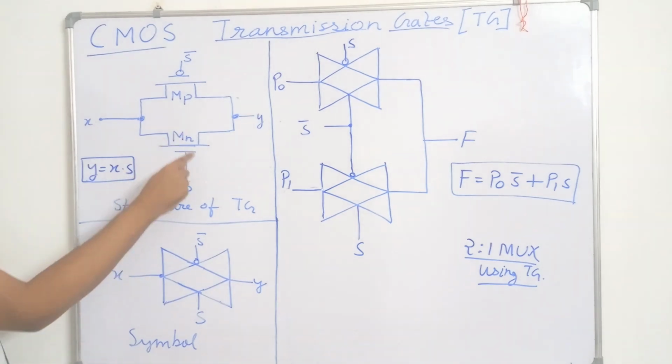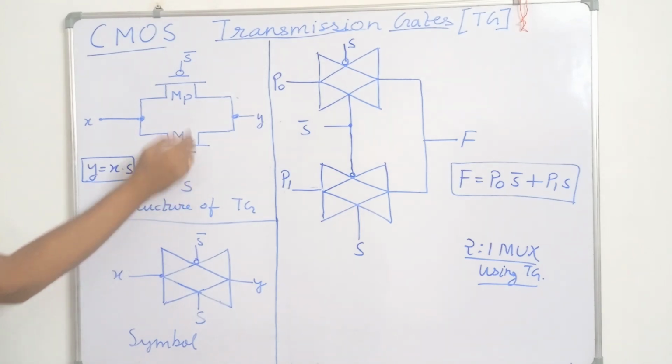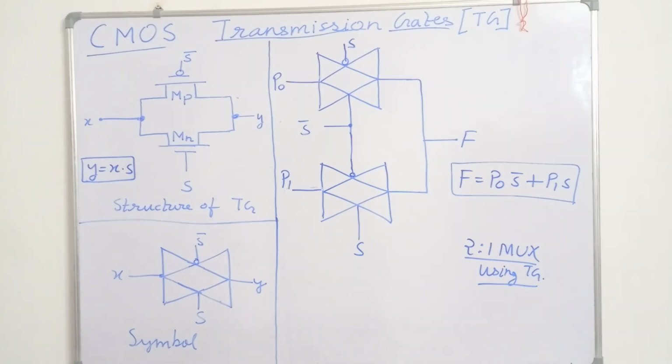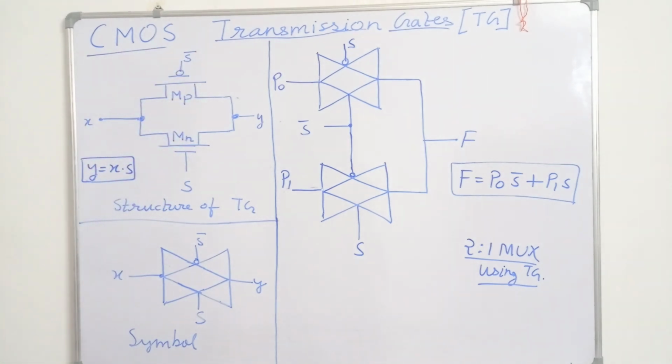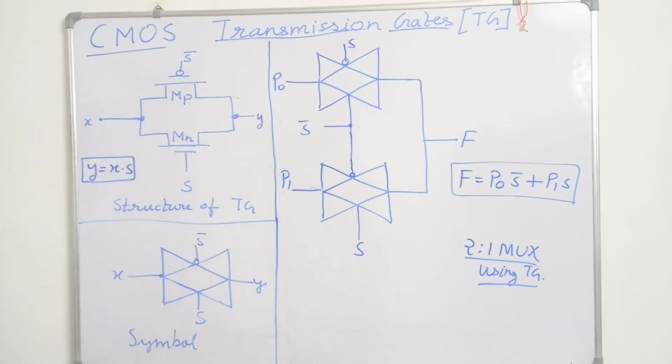Now this NMOS is controlled by the signal S at its gate, and its complement S bar is connected to the gate of the PMOS transistor. S and S bar are the complement of each other. So S controls the NMOS and S bar is used to control the PMOS transistor MP. You can see this transmission gate acts as an electrical switch between the input X and the output Y. X is the input, Y is the output, and this transmission gate will act as a bidirectional switch between